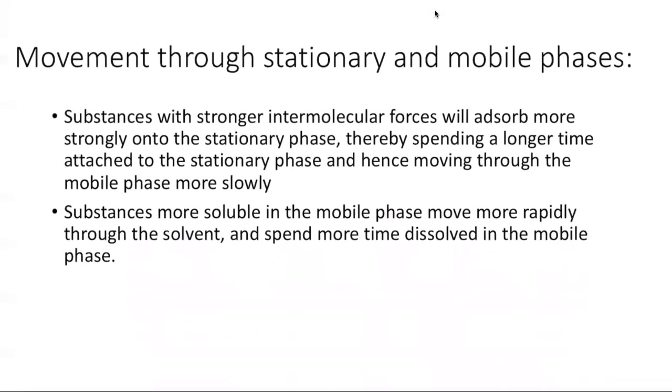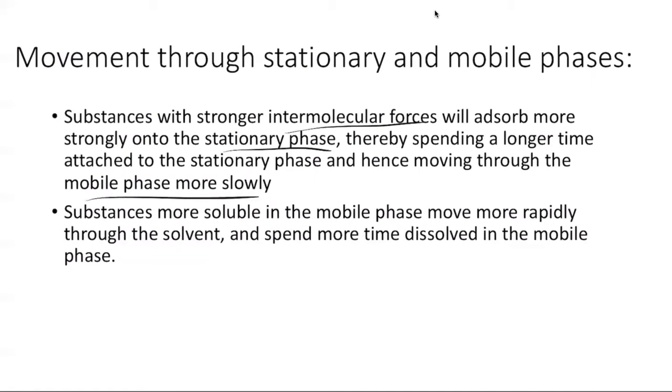Now, remember that it's the strength of the intermolecular forces that dictates how strongly a molecule is going to adsorb onto the stationary phase. So if it has strong intermolecular forces, namely dispersion forces, that it can form with the stationary phase. So the stationary phase might be like a few nanoparticles. It's basically like a solid, something solid that a particle can adsorb onto, can attach onto basically. So if it's got a really strong affinity for that stationary phase, because of its strong intermolecular forces, then it's going to spend a longer time attached to that stationary phase,